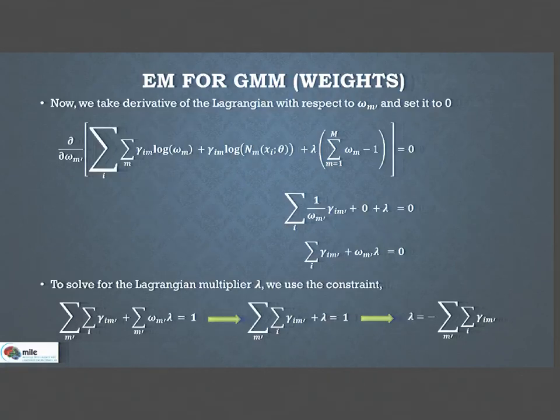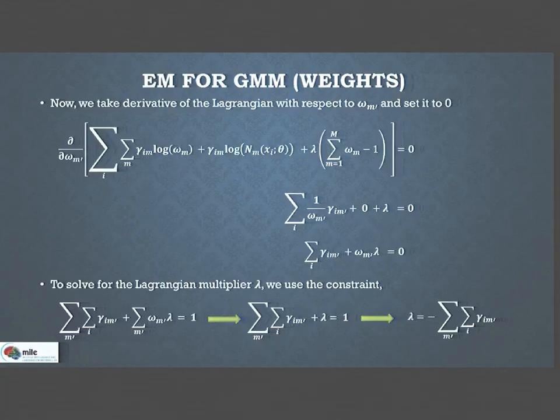And here, out of all the summations, only the m dash summation will have something, and the rest will be 0. That something is nothing but the derivative of log omega_m, which is 1 by omega_m. So when we take this inside, this summation over n gets consumed, and you get only the m dash term. And you can rearrange the terms and find the value of lambda.